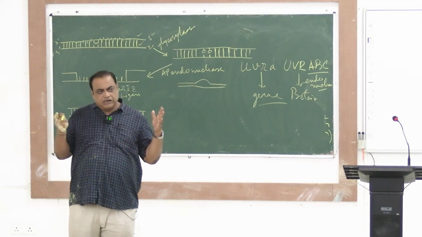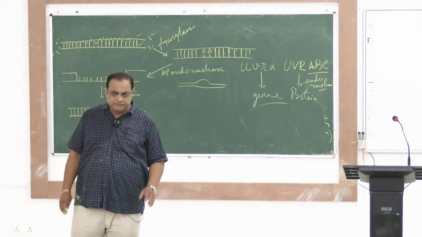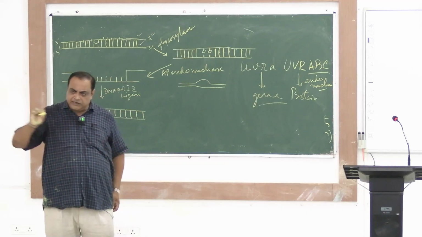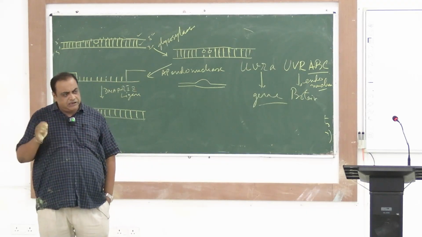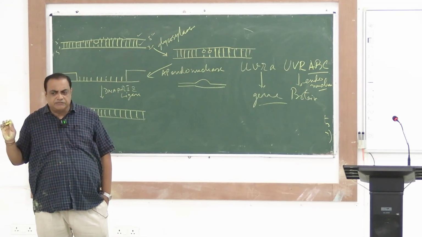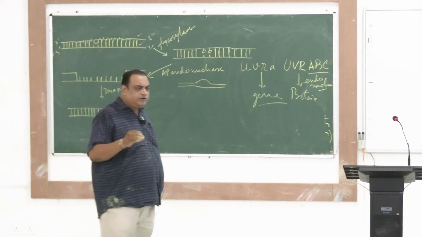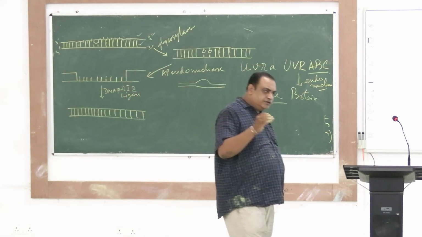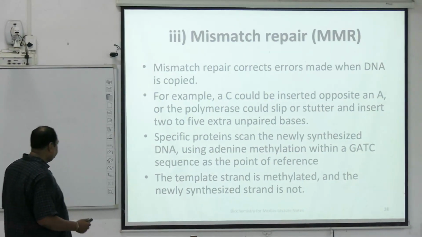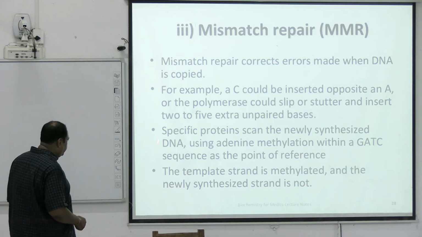So suppose the actual DNA must have 100 methylation sites. One strand is methylated at 100 sites. Another strand is methylated at 80 sites. That means which one is the daughter strand? The strand with the lower number of methylations. So these are recognized by certain compounds. Now for mismatch repair,